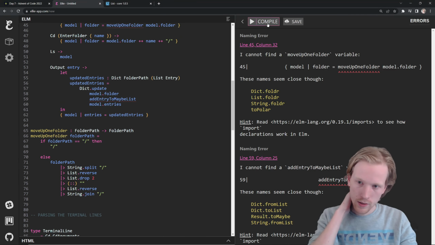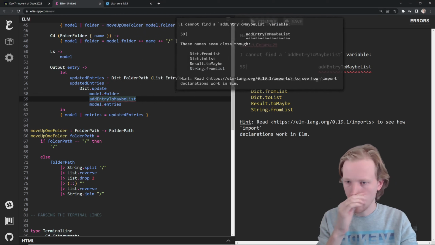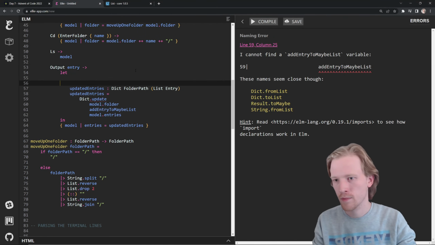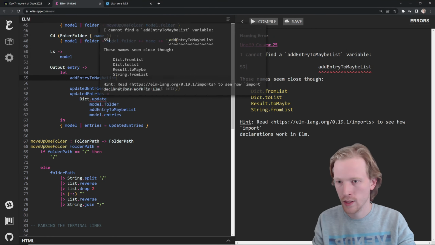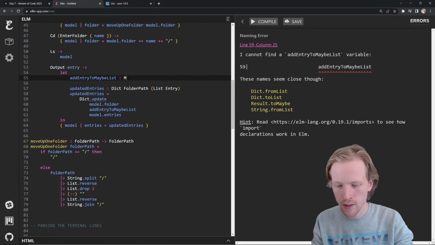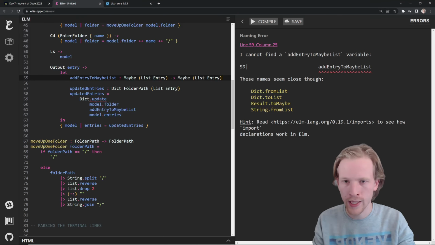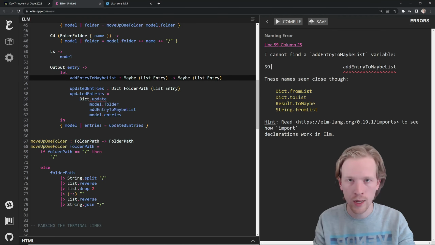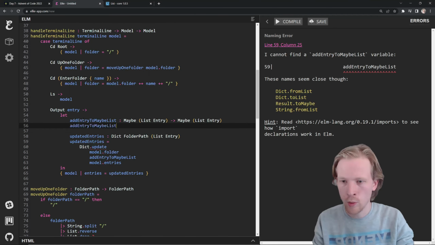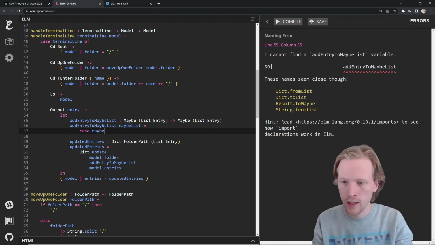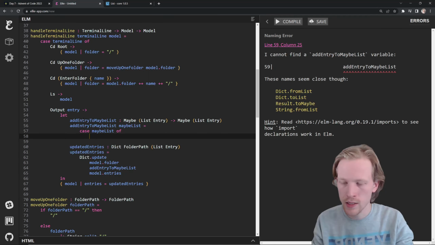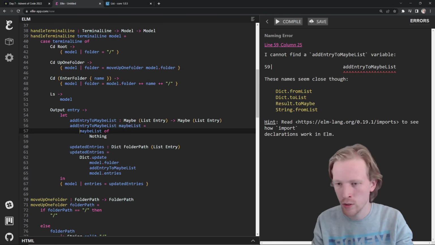So at a high level, we're almost there. We just need to implement this add entry to maybe list. So earlier we saw Dict.update takes a Maybe value. So the values for these lists are these lists of entries. Initially when we're going through the list, we might not find a hit for that folder yet. This might be the first time we're adding something. But what we want to do is say maybe list. In the case where the maybe list is Nothing, I guess what we can do is we can say